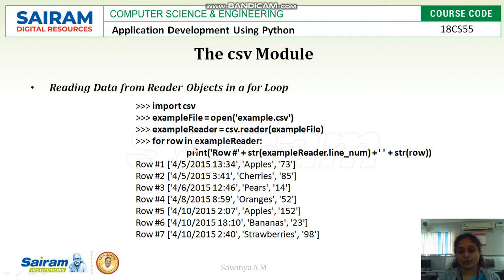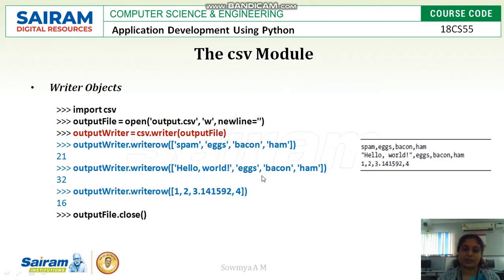Then for row in example reader, print Row # plus string of example reader.line_num, which line it belongs to, plus string of row. We are converting the row data to a string. Row #1 will have this data, and so on. This is how we use a for loop for reading or printing data with the csv module.